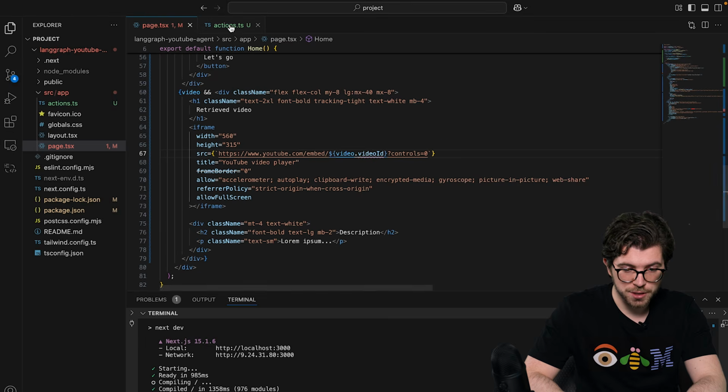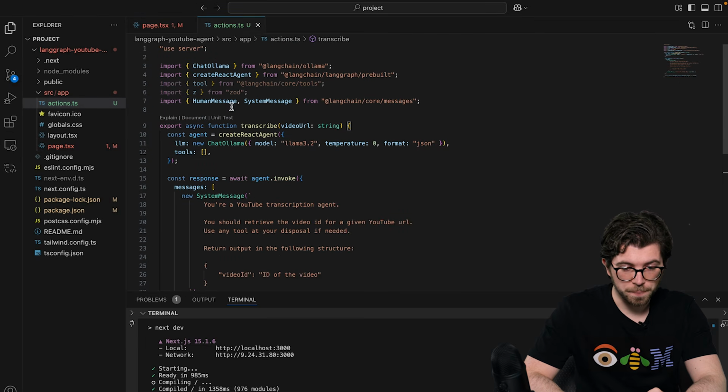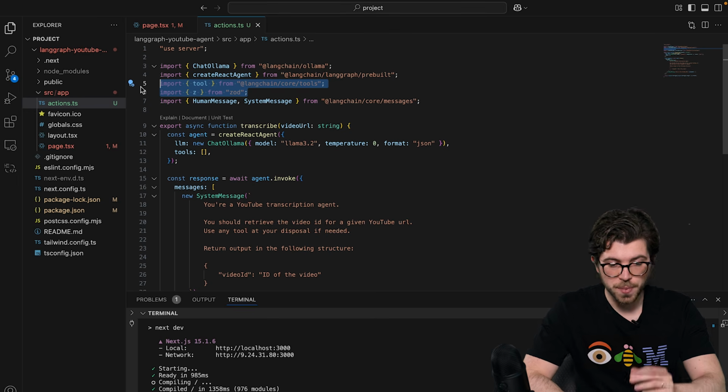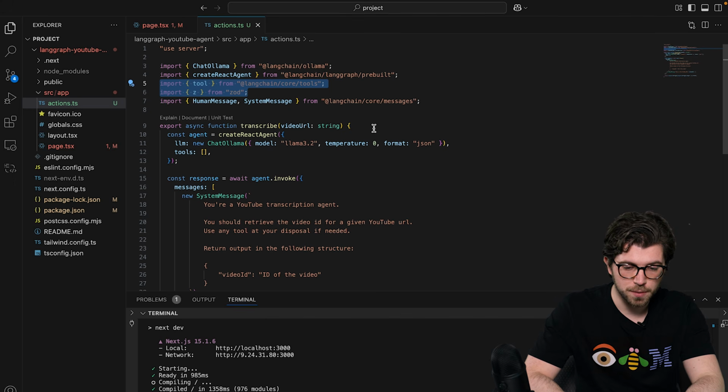If we go back to actions.ts, we need to do a bit more. You saw we already imported some tool libraries, so we're going to use this to create a tool to retrieve information from a YouTube video page. And for this, we'll be using Playwright. Playwright is a library to open a website programmatically and retrieve details from that website.